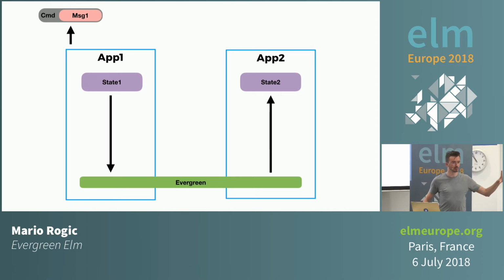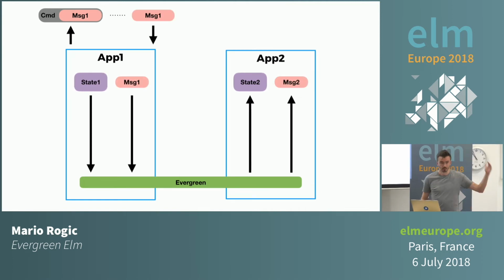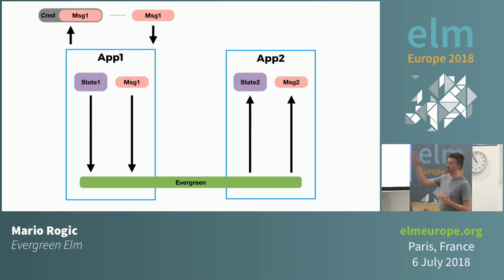Remember, one of the properties that we defined for our black box evergreen encoder was that it was general, so it was able to encode types of any type that are within Elm. So we receive that message 1 back, and then in the same way, we have encoders and decoders generated for those messages. We run them through Evergreen, and then we can upgrade them in a sense. And again, those migration functions that we saw, we wrote that handling explicitly. You could have that same control in that way. So sometimes maybe it makes sense to upgrade those.